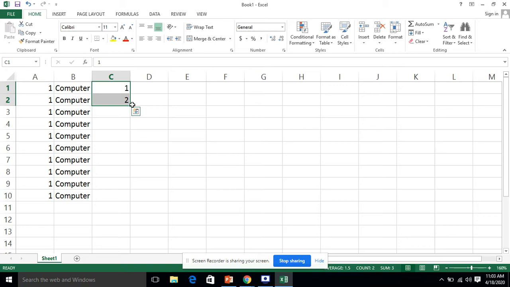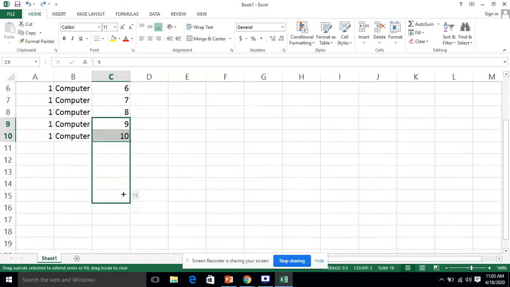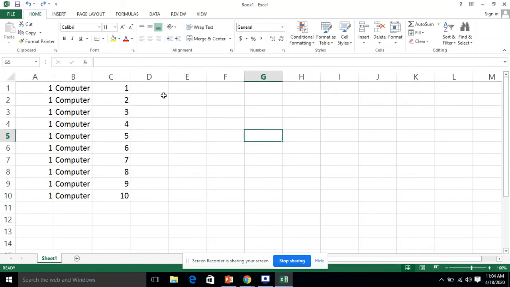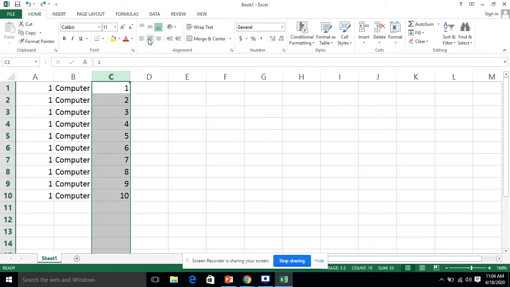When we drag it, you will see that Excel understands the difference between the two values that you gave in the very first two cells. So Excel has automatically created the numbers up to 10. Even then, if you drag it down, you are going to have the next numbers, but you will have to select at least two. In this way, you can fill the numerical data. You can click on it to bring it in the center.